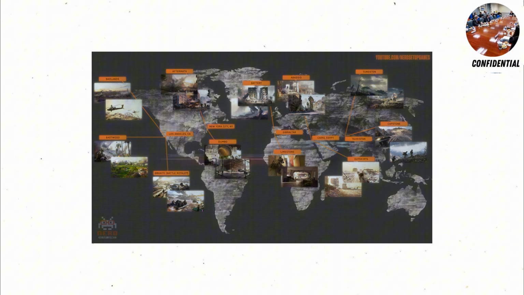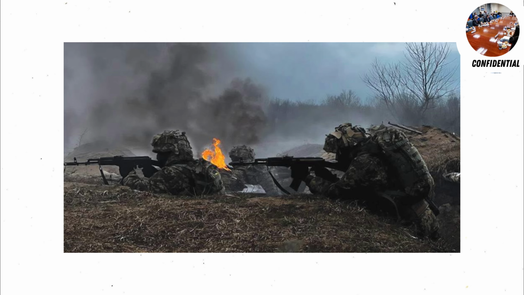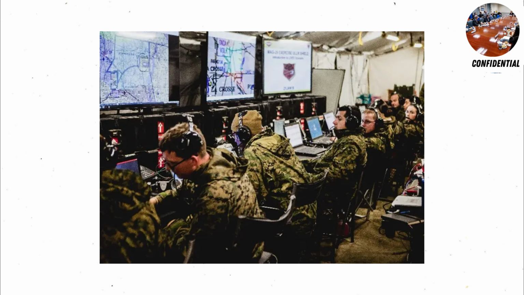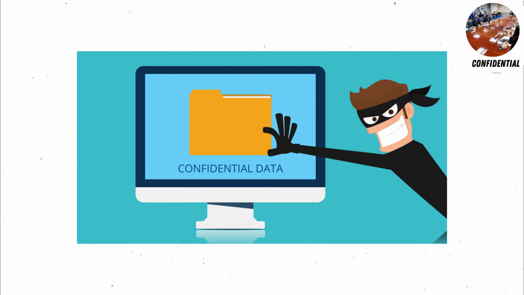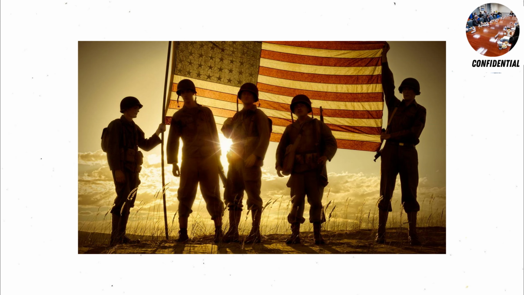For example, the location of a forward supply base could be confidential. If revealed, adversaries could target convoys or reroute their operations accordingly. Even modest communication protocols or diplomatic assessments are often kept here. It matters because small advantages accumulate. Losing confidential information can give opponents steady, incremental benefits that weaken U.S. operations over time.